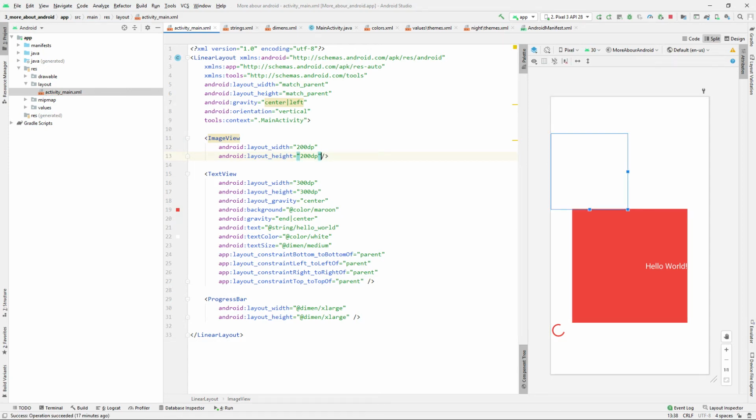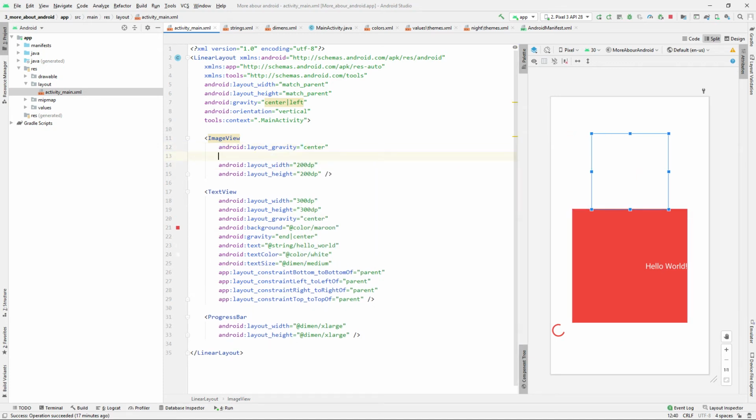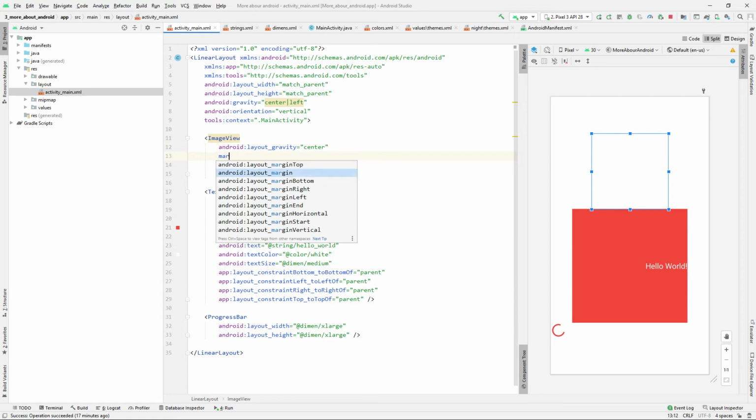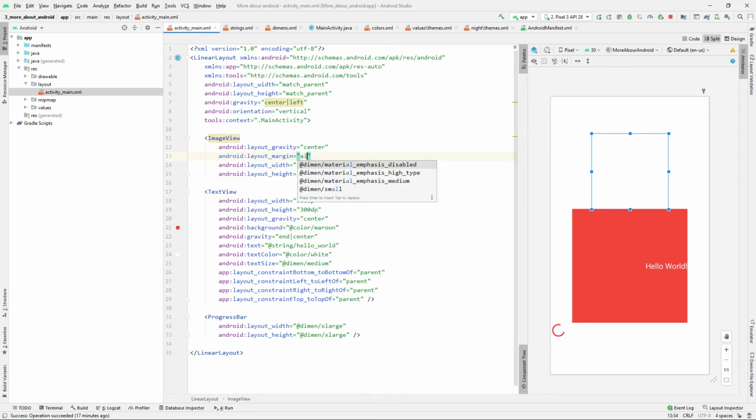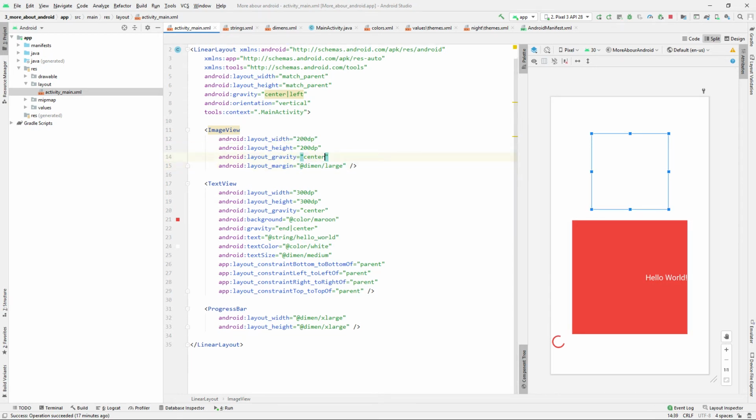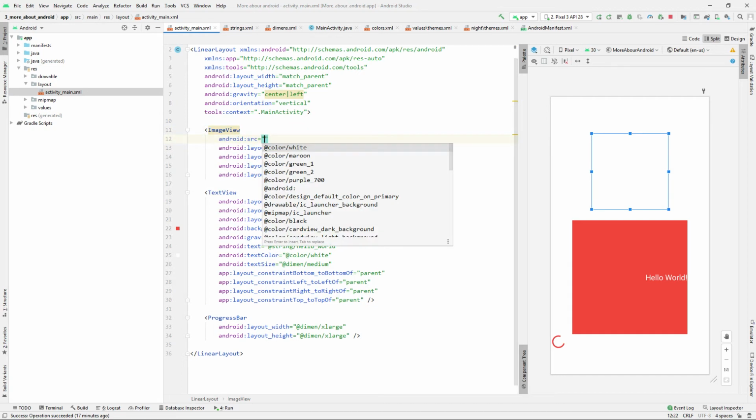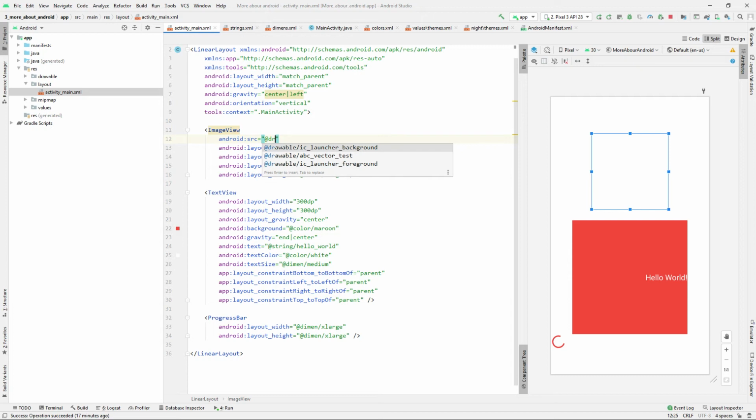Like I told you, the most common thing, I can give it gravity, and the gravity of the layout, and then say center. That will be centered. I can give maybe some margin across the whole sides, maybe large. Okay, so then to have some margin with that side. So if I want to give now the image itself, I'll have to use the src attribute, just like HTML kind of, and then you can reference at drawables, and then at